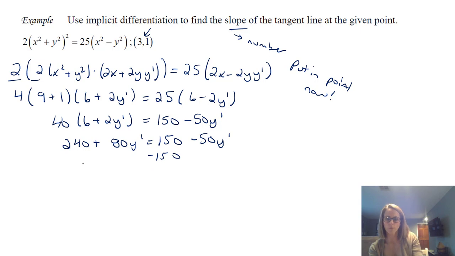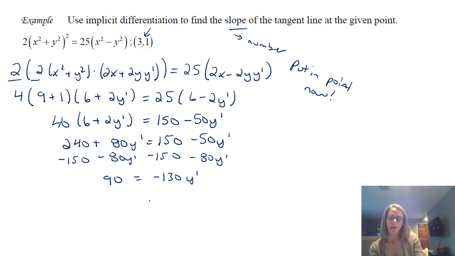So I'm going to subtract 150, I'll bring that over here, I'll subtract my 80y prime, bring that over here. This is not going to be a pretty number, but that's okay. So we get 90. Over on the other side we get negative 130 y prime, and y prime equals 90 over negative 130, y prime equals negative